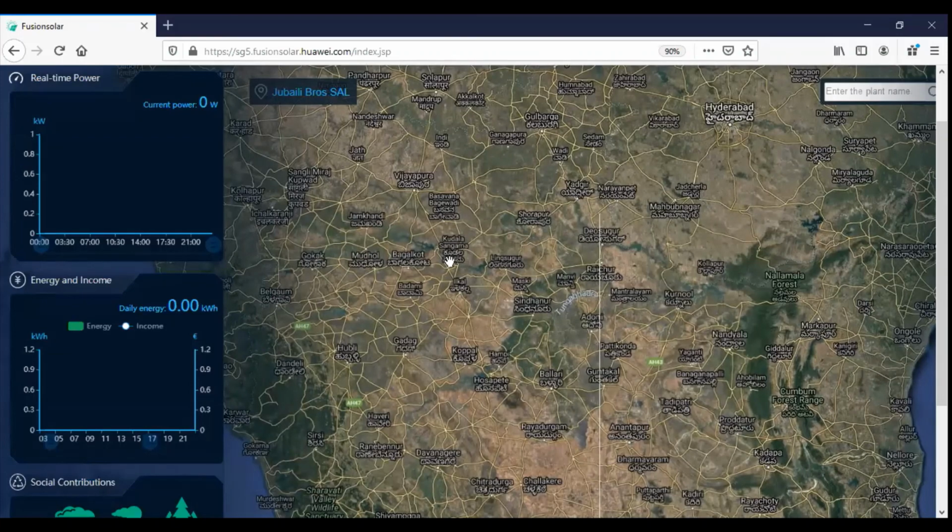If any of you would like, you can also go to the FusionSolar website and you will get a demo account. Under the demo account, you will not need any ID or password. So you can also view how it will look as an owner role, how the FusionSolar platform looks like, and what features you would get in